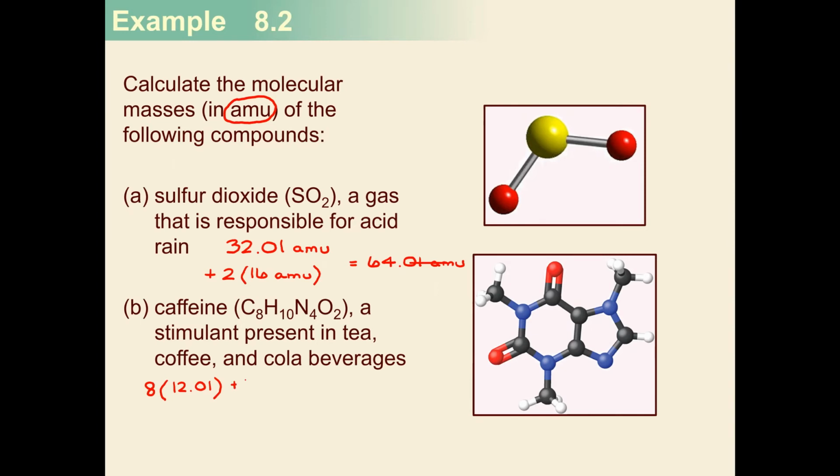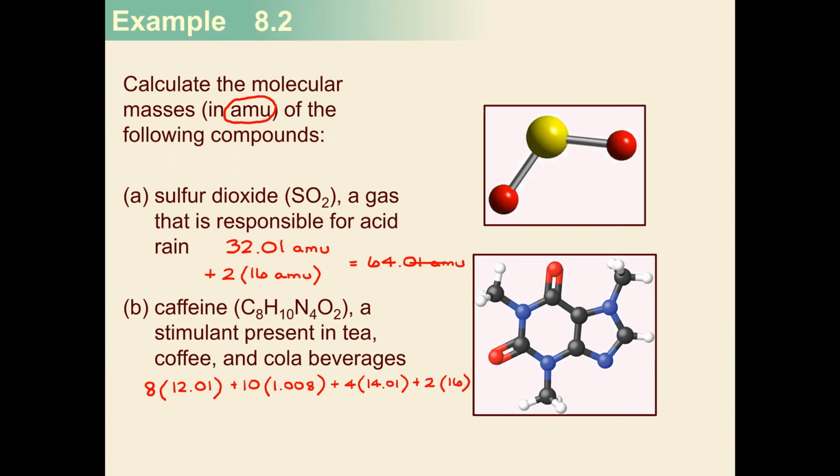Then I will add that to 10 hydrogens, which is 1.008 AMUs. Then I will get 4 nitrogens, which is 4 times our 14.01 AMUs. And then finally, our last one, we are going to get 2 oxygens with a mass of 16